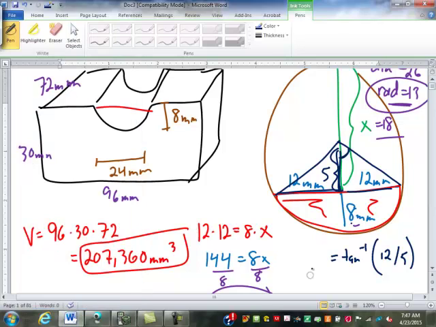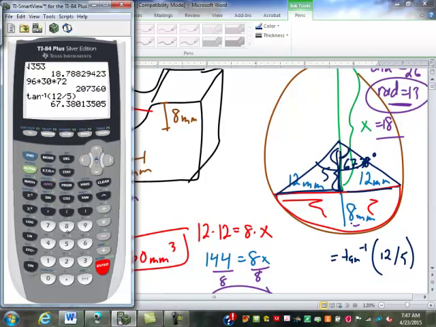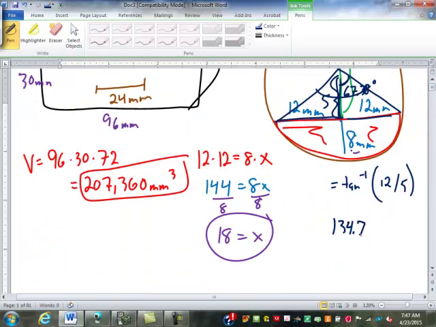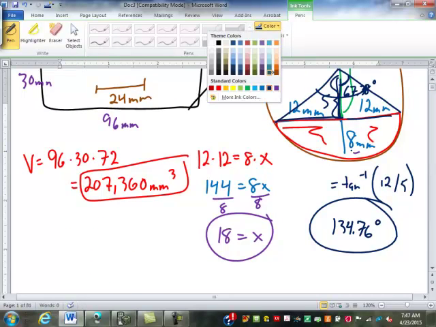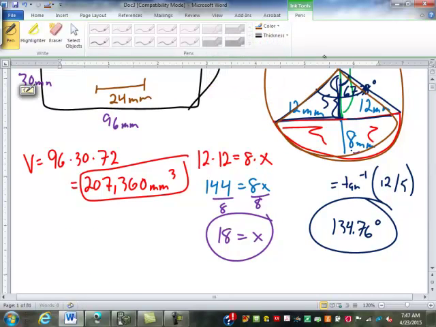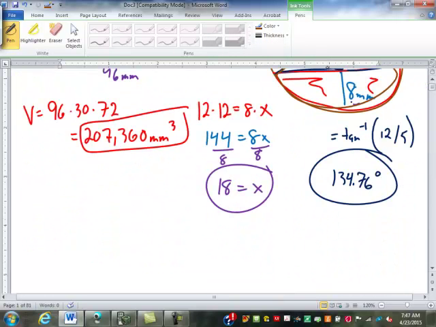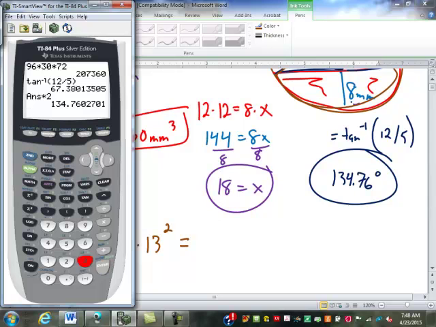So 67.38 degrees. And of course, what we really want is double that because we want the whole angle for the whole sector. So times 2, you get 134.76. Well, why do we care about that? Because that's going to help us find the area of this whole sector. The area of the whole circle is going to be pi times the radius of 13 squared, so 3.14 times 169, which is 13 squared,